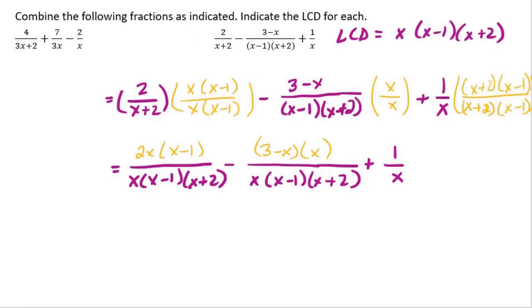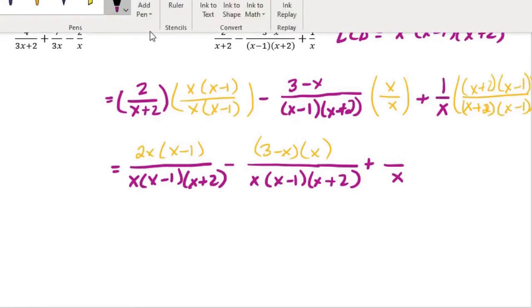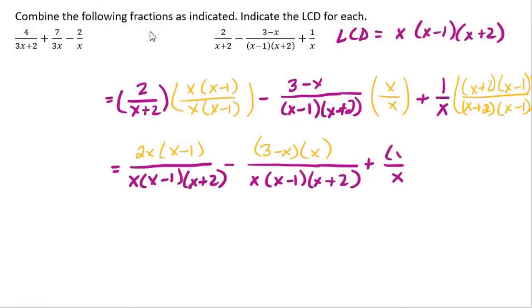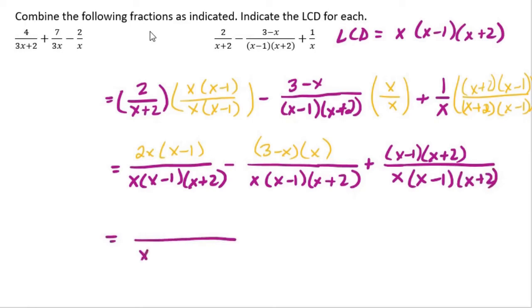So we have 1 times x minus 1 and x plus 2 in the numerator, and of course the full denominator. Hard part's done. The rest is simply